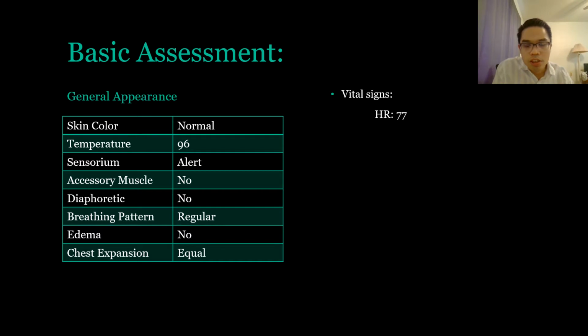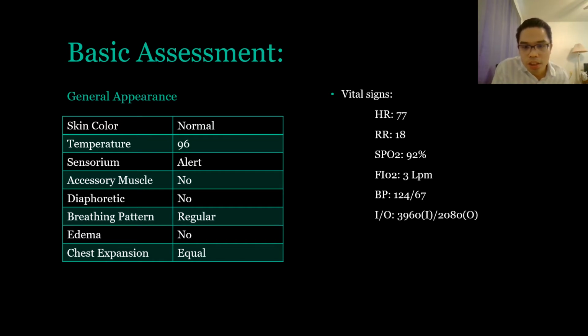The vital signs upon my assessment: he has a heart rate of 77, respirations of 18, SpO2 of 92, which is acceptable for COPD patients, on oxygen at 3 liters, with a blood pressure of 124 over 67. He also has an intake and output of 3960 intake and